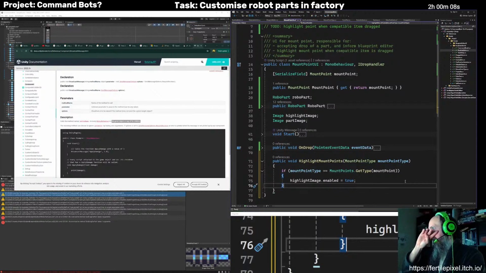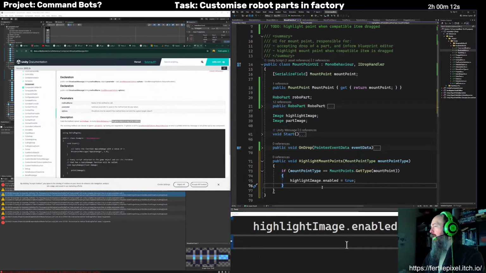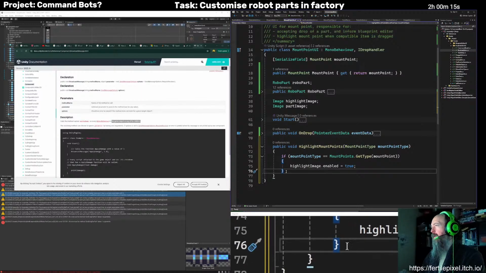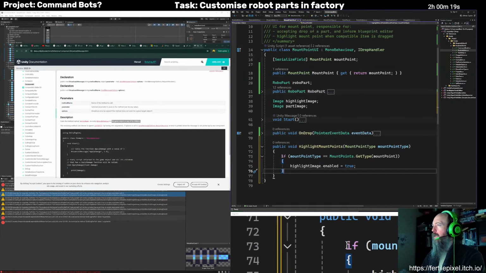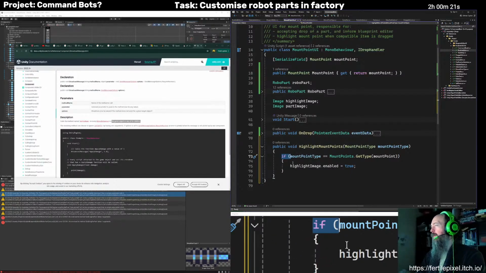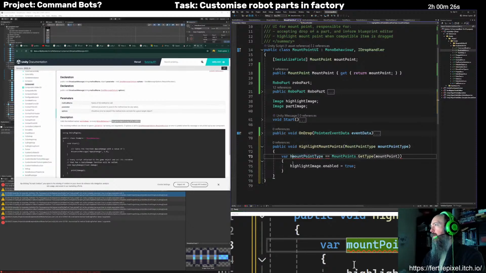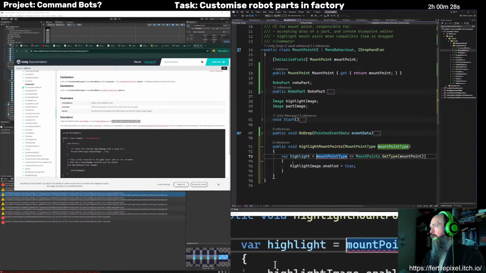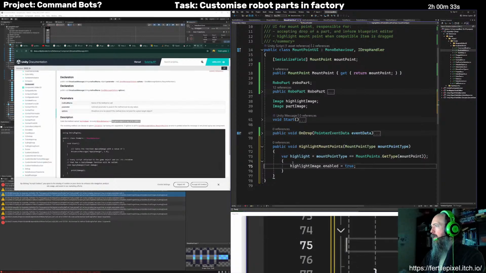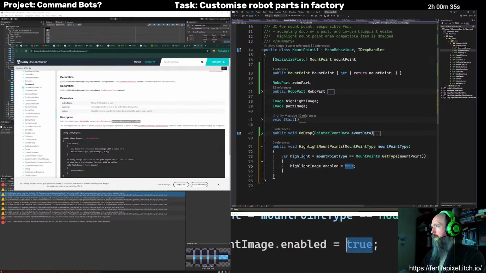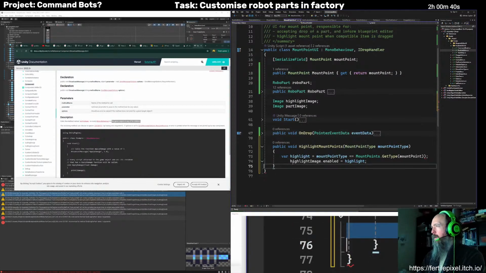And I was just going to say else highlight.image.enable equals false. But why don't we just do that directly? We highlight if that is that. And so enabled equals highlight. And we don't need a block.